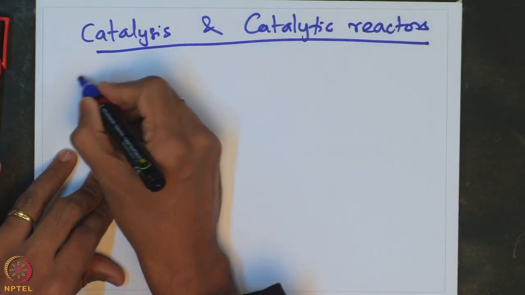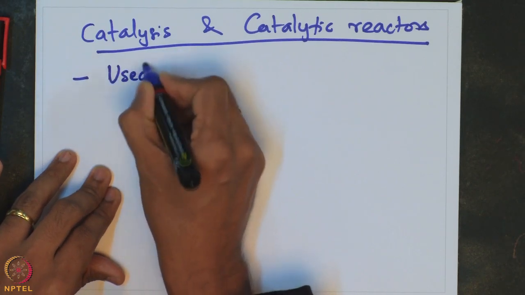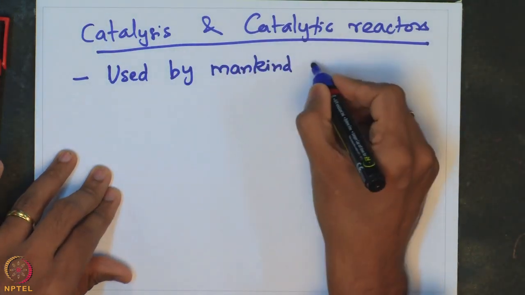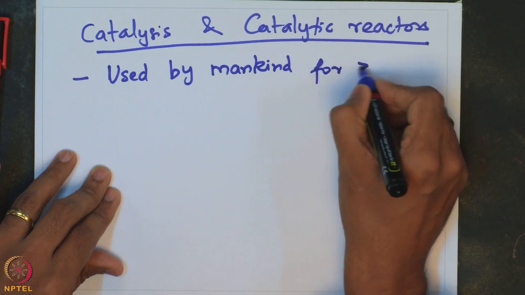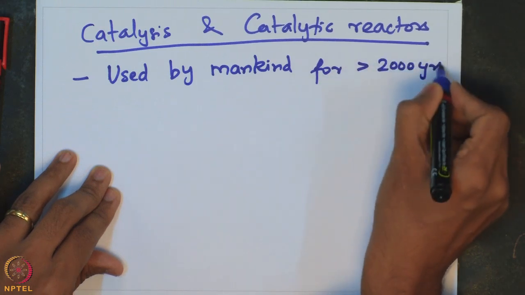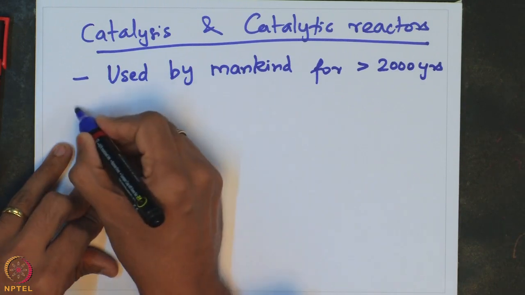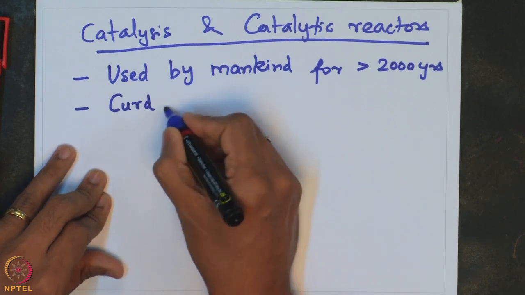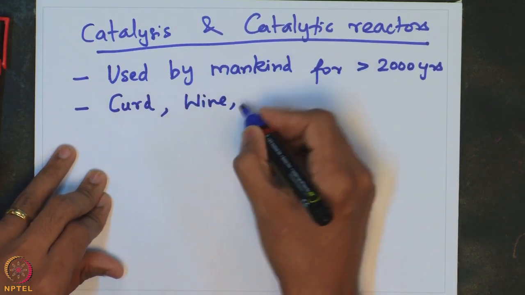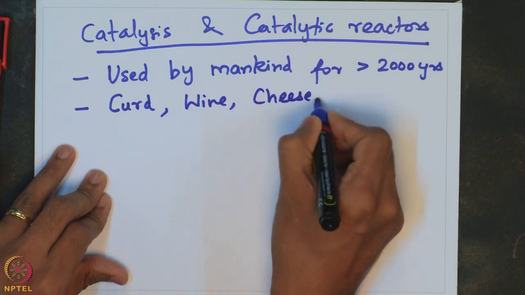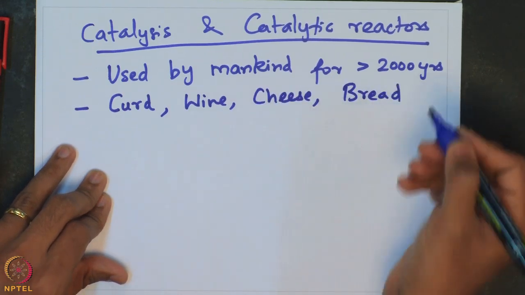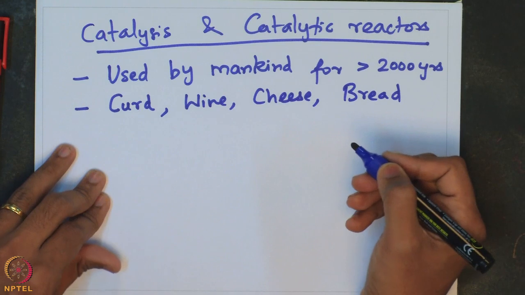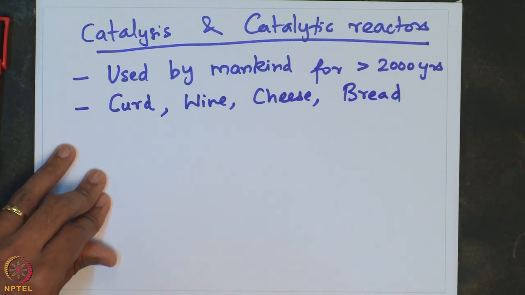So, it is being used for over 2000 years now, for greater than 2000 years. Specifically, one can look at these sample examples, for example, curd making or wine making or cheese making or bread. All of these involve catalyst, all of these use catalysis, and in fact it was observed that